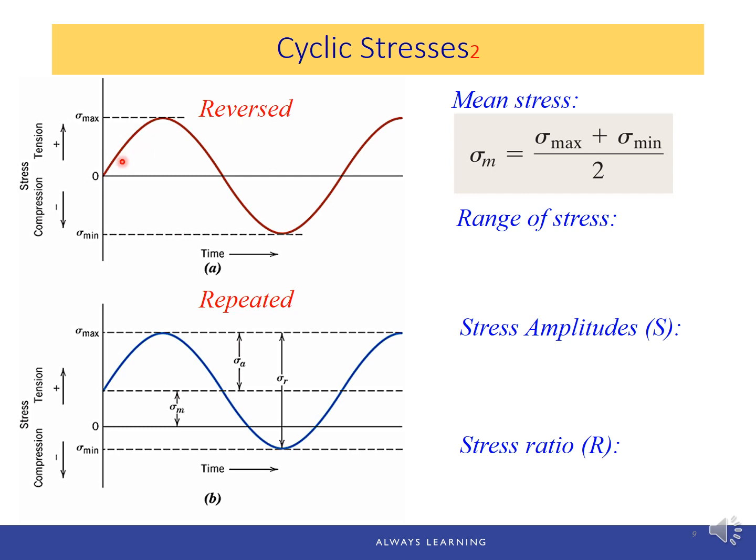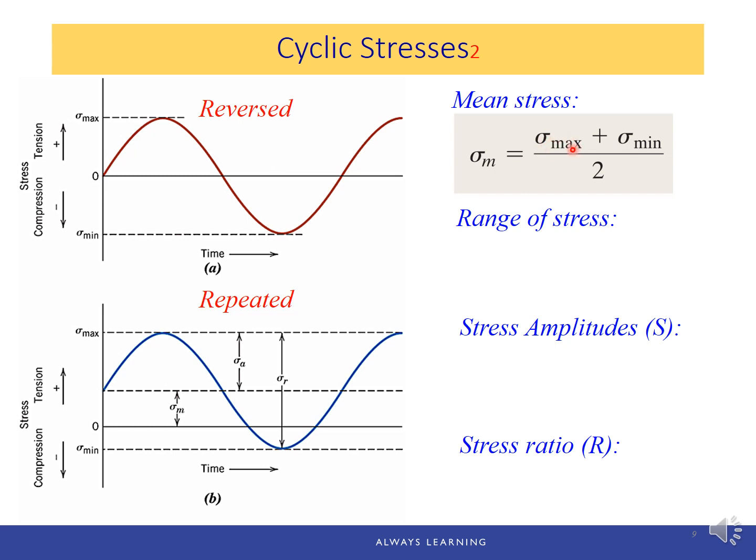For reversed stress, clearly this mean stress is 0, since sigma max is a tensile stress, sigma min is a compressive stress, and they are of the same magnitude. So when we use this equation, we need to use negative for compressive stress and positive for